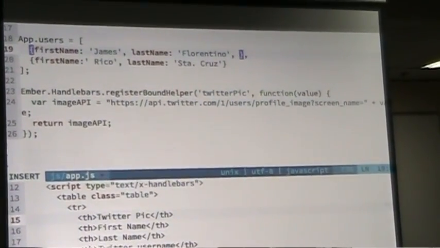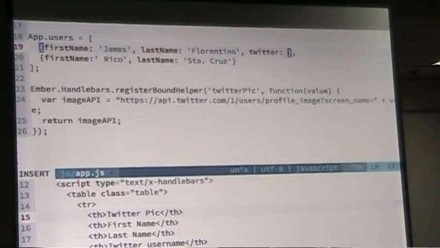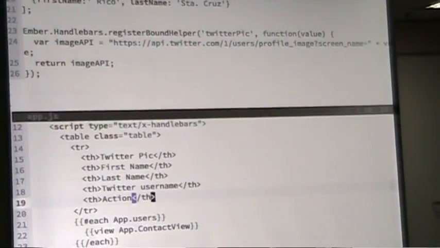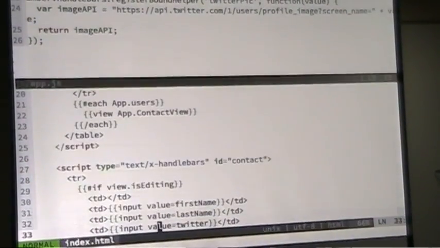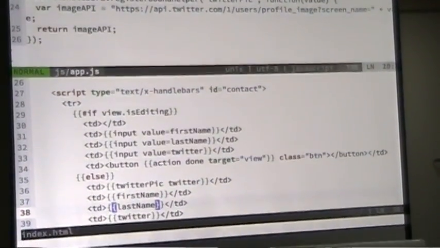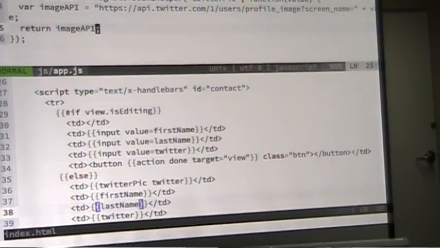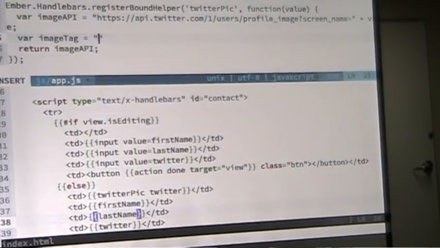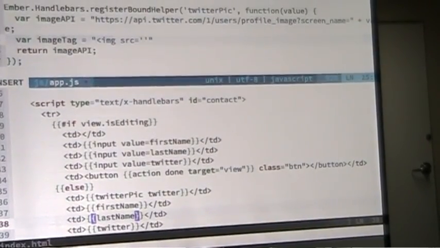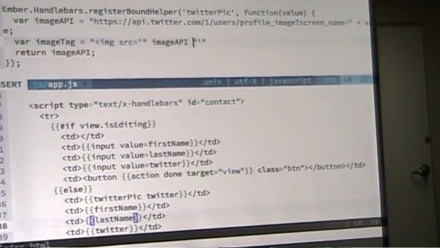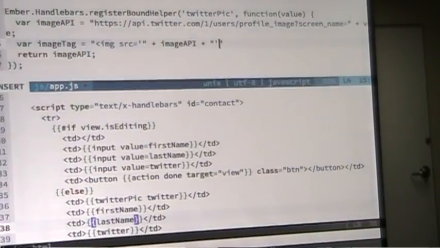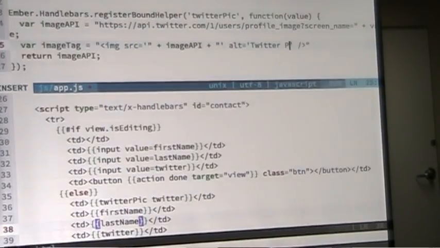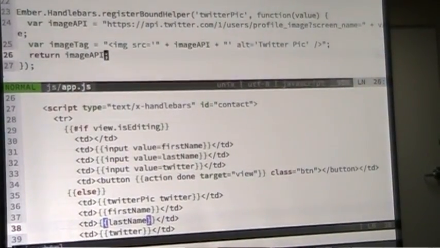return an image. So to do that, let's assign a temporary Twitter variable, and in here we need to assign this URL into an image HTML tag. So image tag, image src image API, and alt Twitter pic. So if we return the image tag,